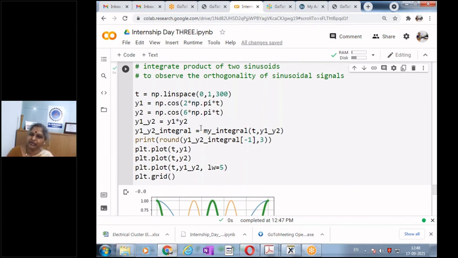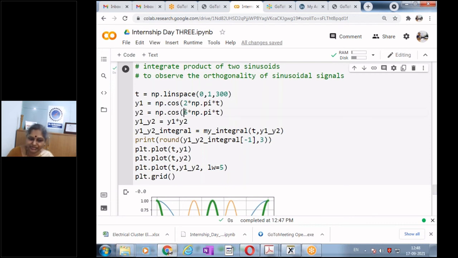I know not all will be able to follow, but even if I have a few students who are able to appreciate this concept, the analogy that we had taken, any point in space can be represented in terms of the three orthogonal coordinates x, y, z. Exactly similar, any periodic signal can be represented in terms of sine and cos because they are orthogonal. If they had not been orthogonal, we would not be having the Fourier series at all. So because of this orthogonality only we get it.